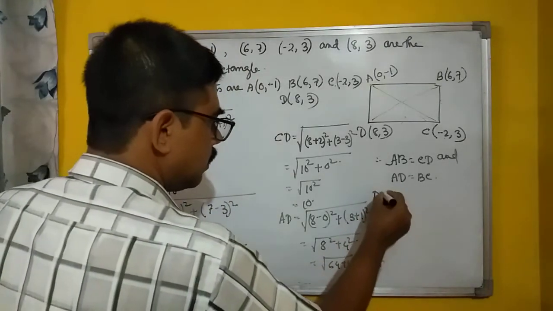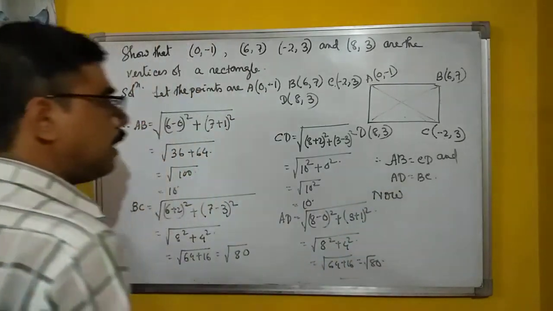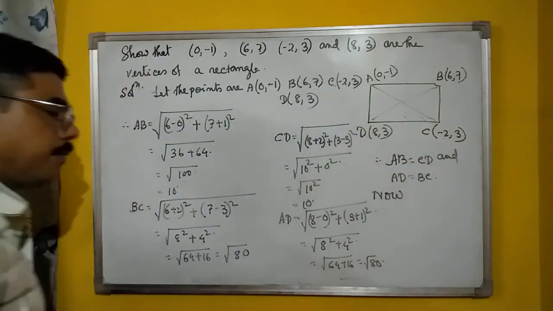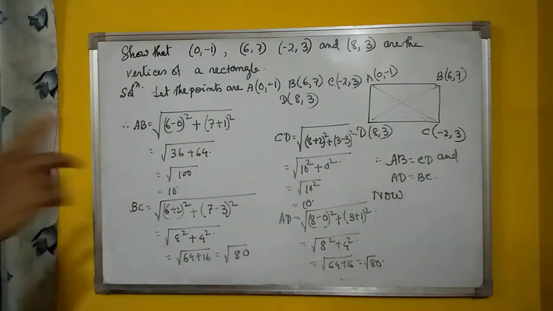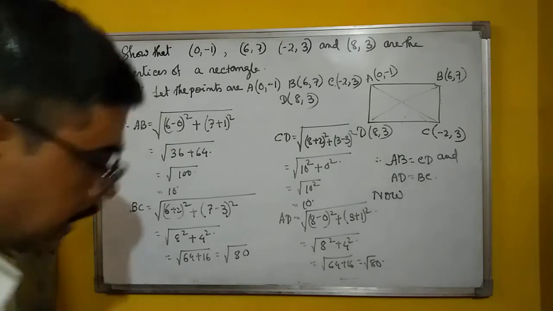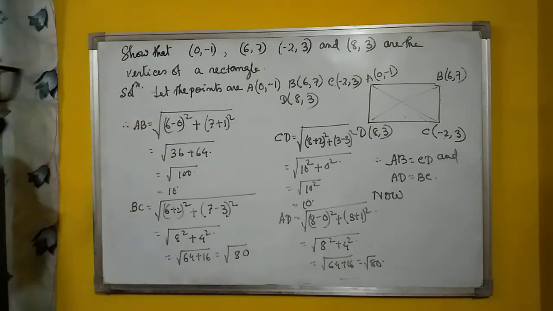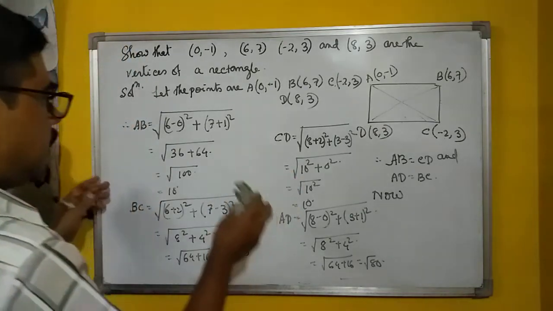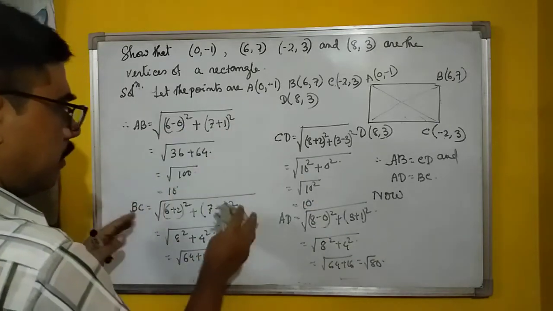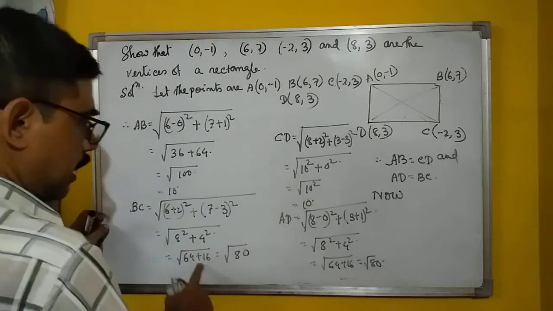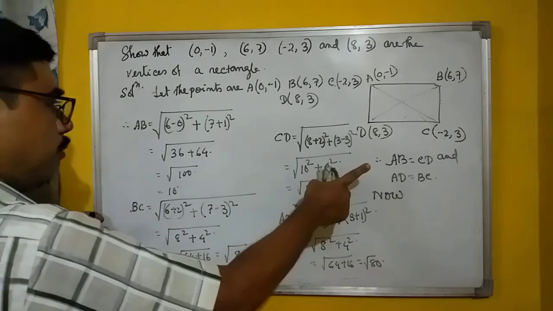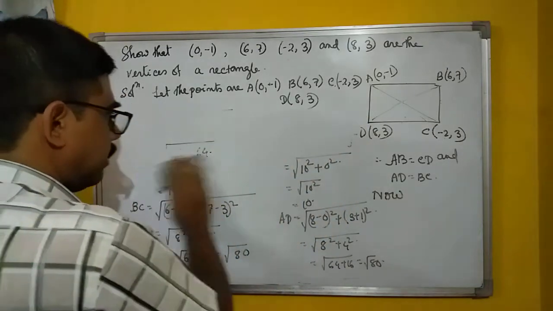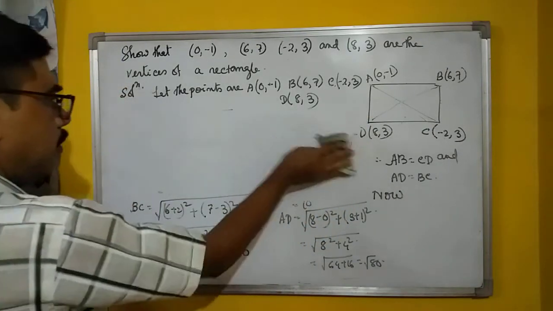Now we will find out what? AC and BD. So you write that, and after that AC and BD will be found. And if AC and BD are equal, then it becomes a what? Rectangle. So I'll wrap these things now. We'll get these two equal, those two equal. Then AC and BD will be equal. Now the AC and BD will be equal.